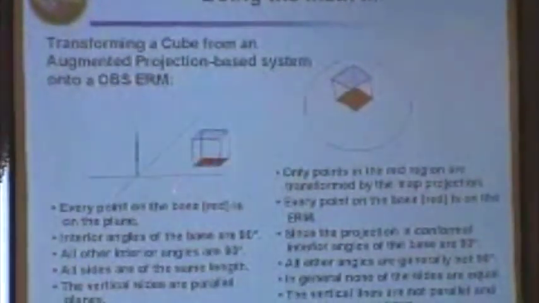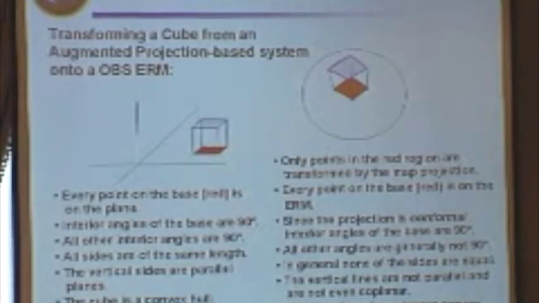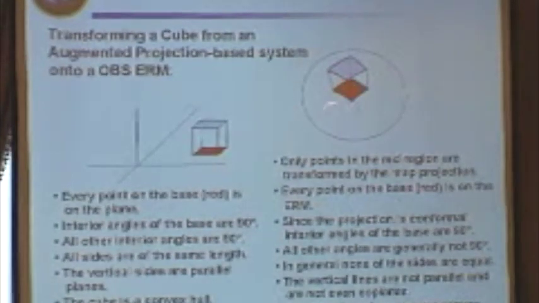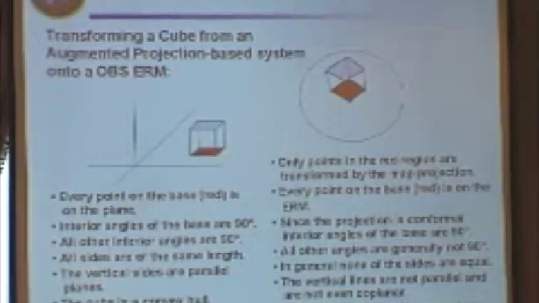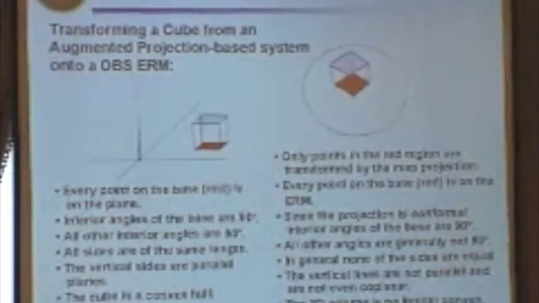If you actually do a transformation, and this is common in the modeling business, somebody constructs a building or cube in some augmented projection space, and here's the bottom of that cube, and they map it over into geodetic coordinates because the DIS protocol requires that, and somebody uses it over there. What does the bottom do? Well, the bottom's on the surface now because it was in the plane here, but is it still a rectangle? Is it still a unit something? No, not even convex anymore. The sides are curved. The interior angles are all 90 degrees because it's a conformal map, but the shape has changed.